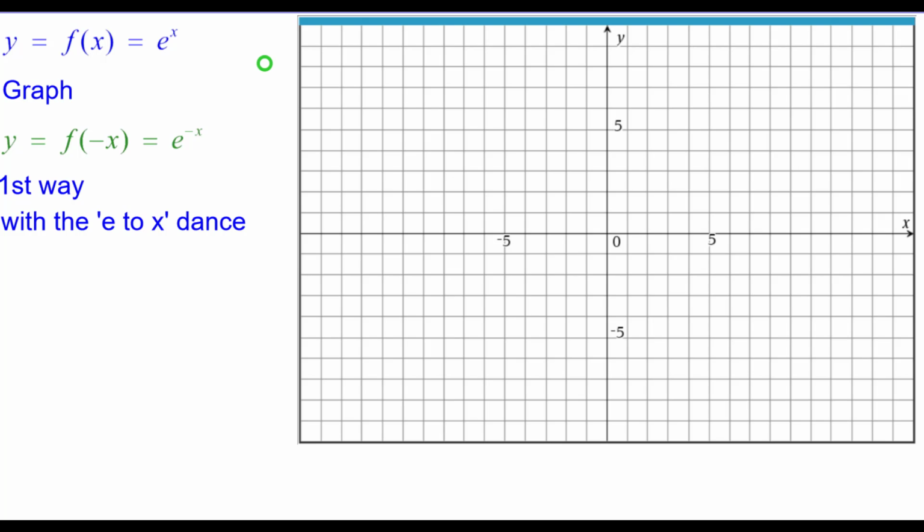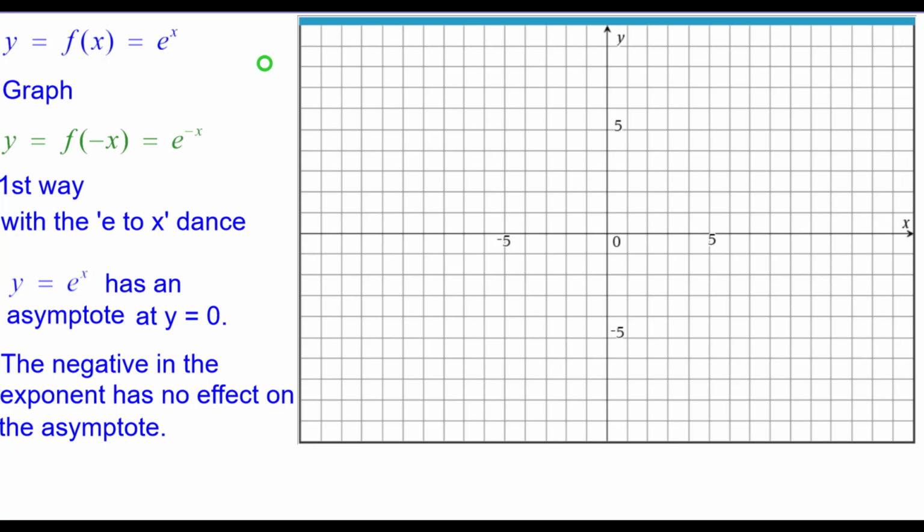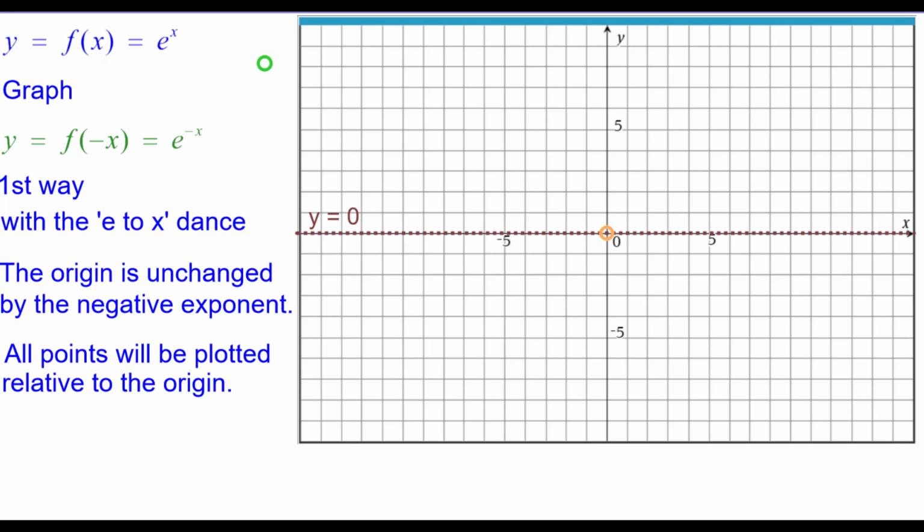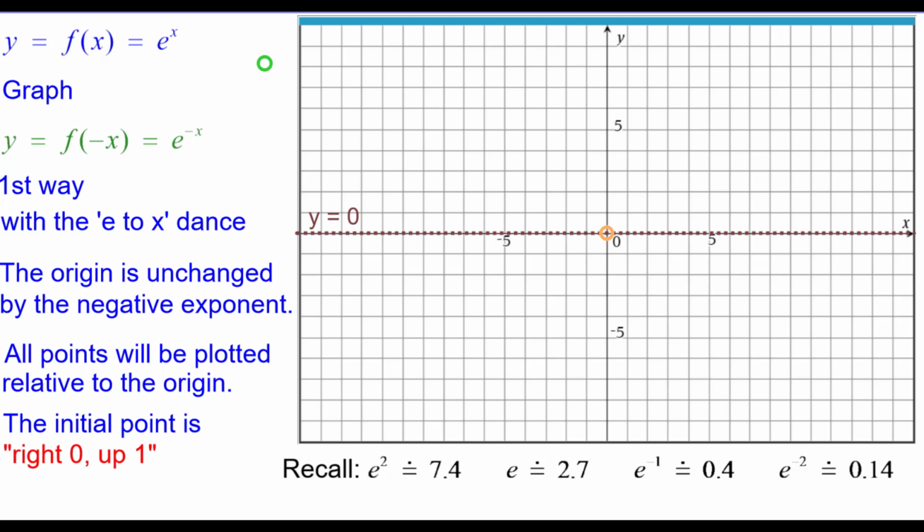The first way is with the e to the x dance. Y equals e to the x has an asymptote at y equals 0, and the negative in the exponent has no effect on the asymptote. So we'll go ahead and graph the x-axis, or the line y equals 0, as our boundary line. The origin is unchanged by this negative exponent, and we will plot all points relative to the origin, beginning with